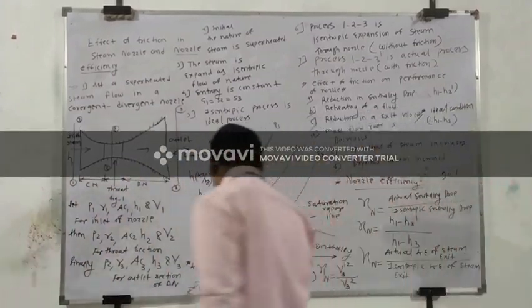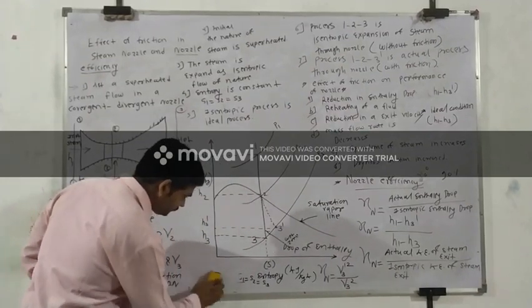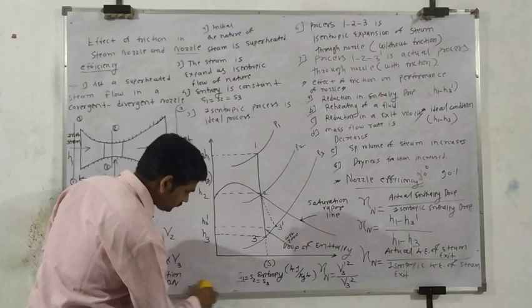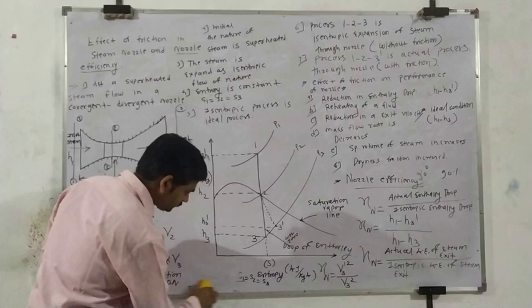So I erase this. So this is the complete simple portion of the effect of a friction in a steam nozzle and nozzle efficiency. Okay. So any doubt here? So any doubt, you call me or write down any comments in my video lectures during when you watching. Okay guys? Okay.